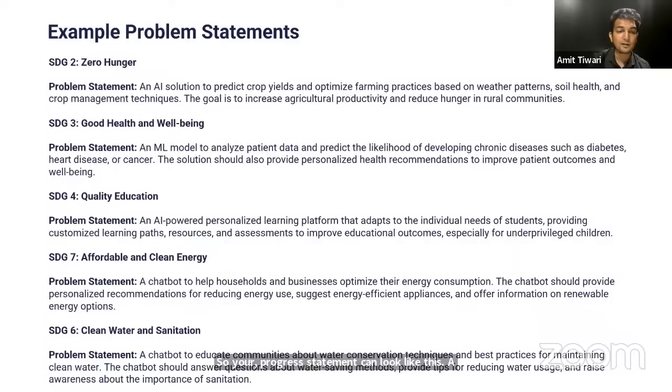A problem statement for clean water and sanitation can be, you can design a chatbot to educate communities about water conservation techniques and best practices for maintaining clean water. The chatbot should answer questions like water saving methods. If a person is saying, how can I save water? So you can give the answer back from the chatbot to the person. Or also you can ask more steps from the customer, right? Where do you live? Do you have a tap? Do you have a rainwater harvesting system? And on the basis of the information that is collected from the person, you can give a personalized response for